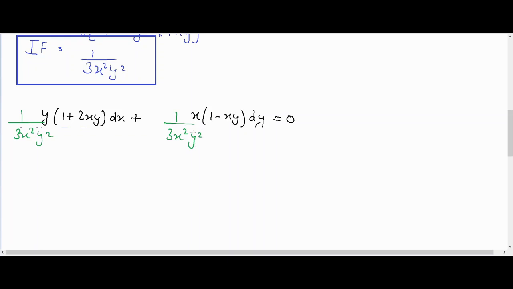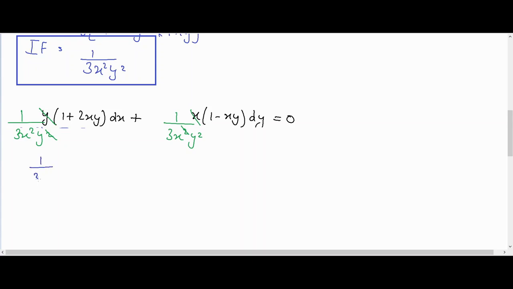Now if you check yourself, this equation is actually an exact differential equation, but we are not going to check because we trust the process. So yeah, here y will cancel with y, and x square will cancel with x. So finally we are left with, let's rewrite these equations, we will be left with